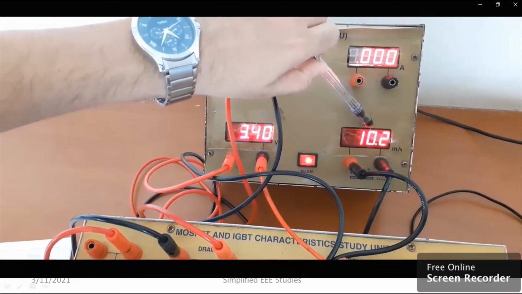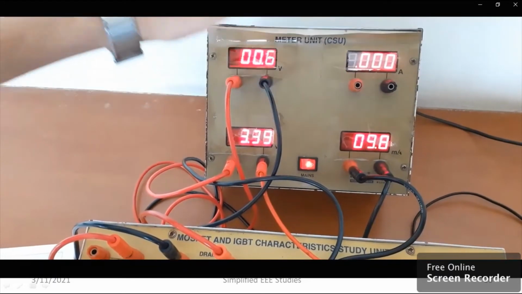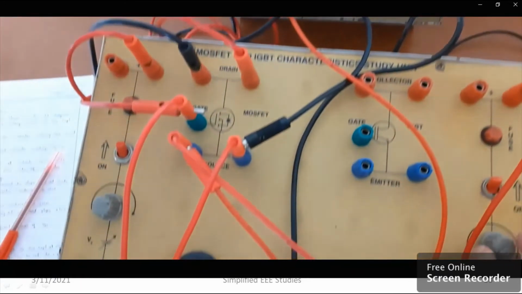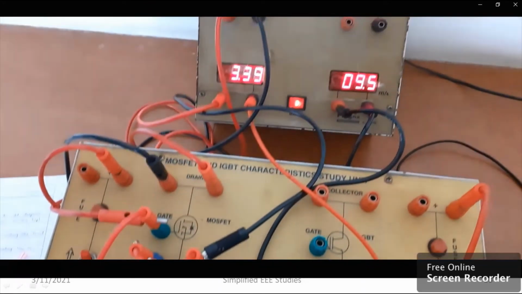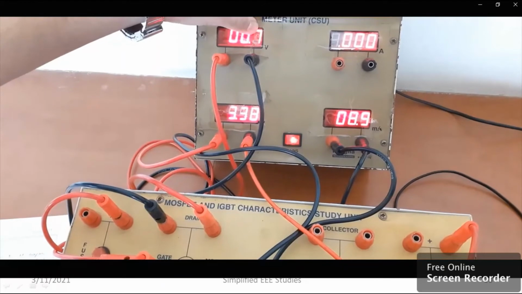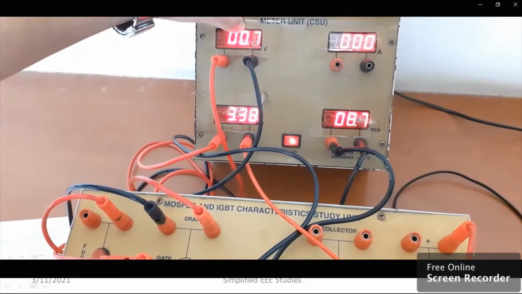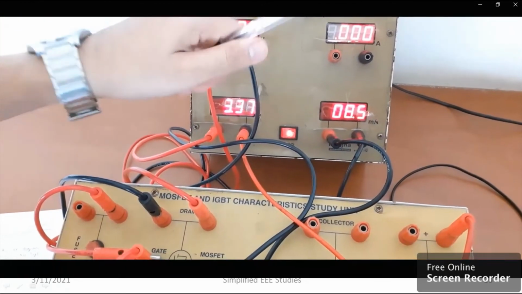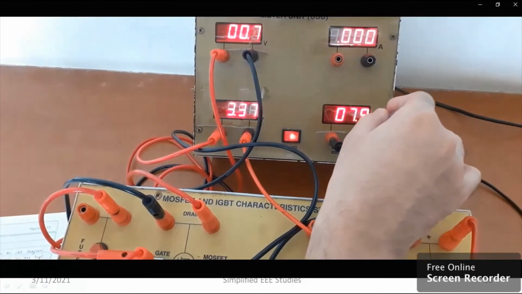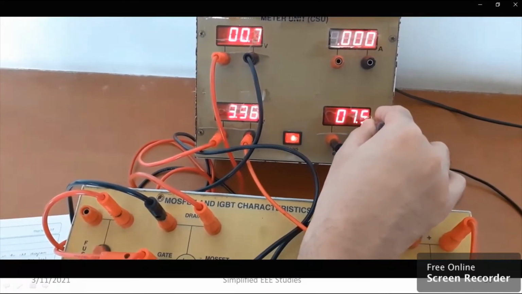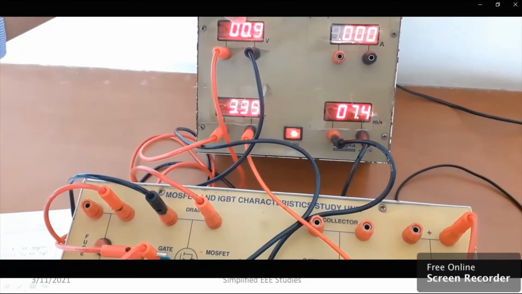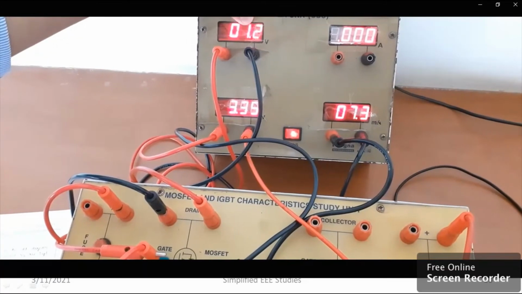See, what I am going to do is, I am going to vary VDS, then I am going to measure ID. VDS and ID will be measured in parallel, where VGS is kept constant. Here you are going to use V1. You are going to change V1 actually. V1 in the sense VDS. VDS will be varied. That's it. VDS and ID, where VGS is kept constant. That is called the output characteristics, or you can call drain characteristics. That is merely visible.